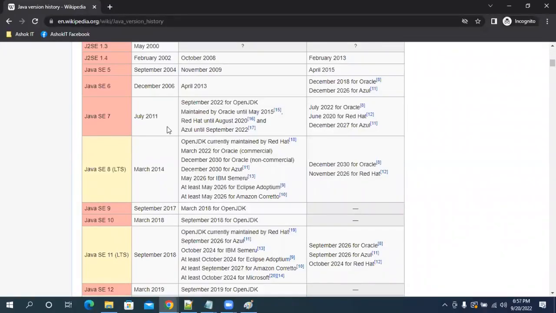Then Java 8. From Java 7 to Java 8, a 3 year gap. Java 5 and Java 8 are the biggest releases for Java. If we talk about new Java features, we need to start from Java 1.5. So many changes were added in Java 1.5. And again in Java 1.8, so many new features were added.